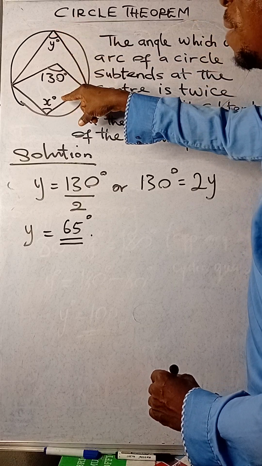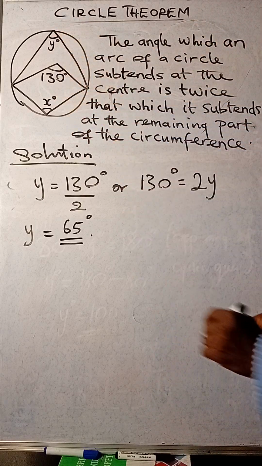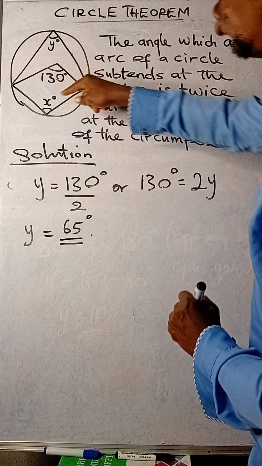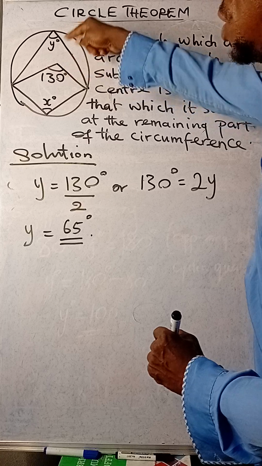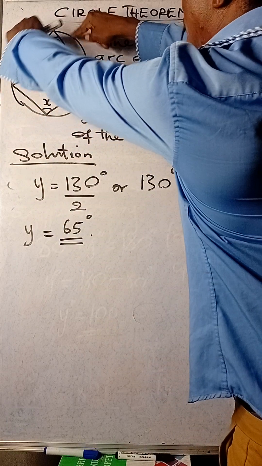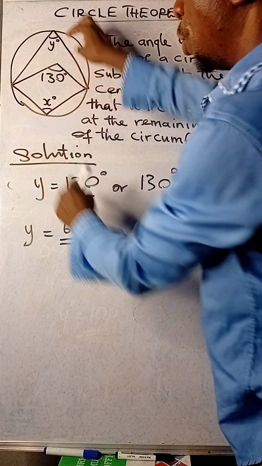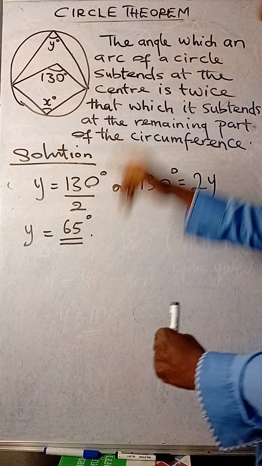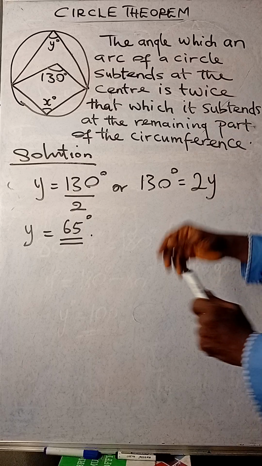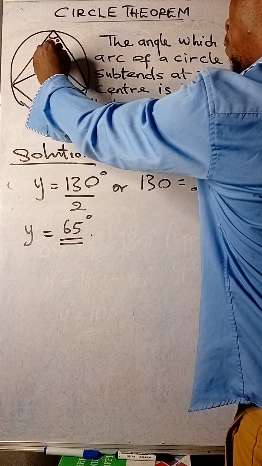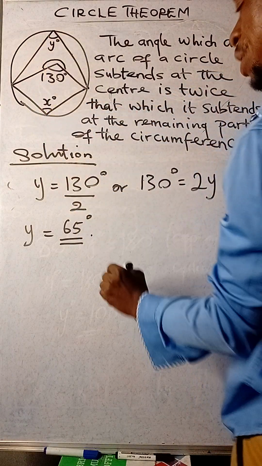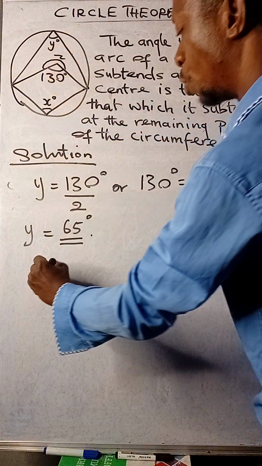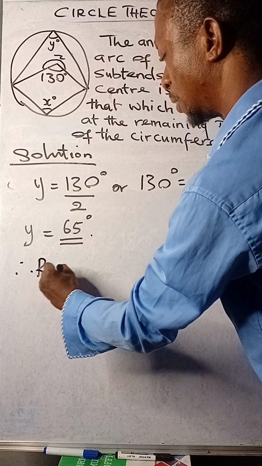Now, the value of x can be solved in two ways. The first way is to use the opposite angles of a cyclic quadrilateral, because if you consider this whole shape a quadrilateral, ignoring the middle, then you can use the first theorem we used. Or you can look for the reflex of this. Let's say the reflex is z, so we can say that the reflex angle z